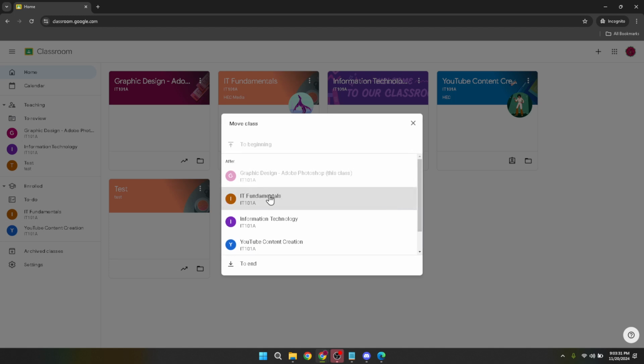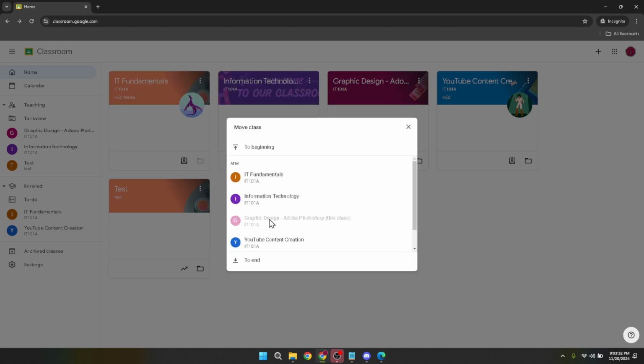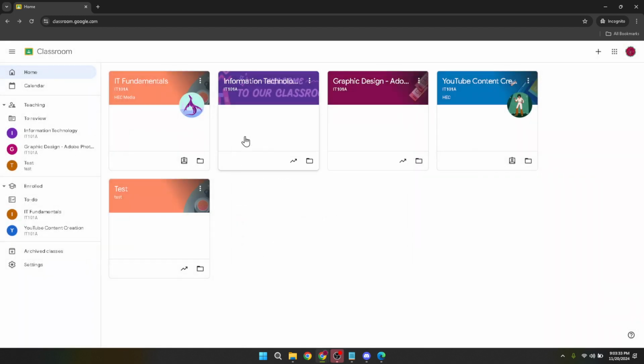Feel free to adjust the order as often as you like, whether it's to reflect a new schedule or simply to prioritize certain classes over others. Remember, staying organized is key to managing your workload efficiently, whether you're a teacher juggling multiple classes or a student trying to keep track of your assignments. Google Classroom's intuitive interface makes it easy to customize the layout of your classes, so take advantage of this feature